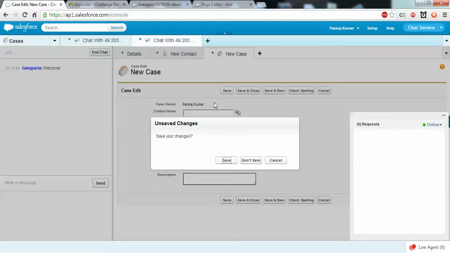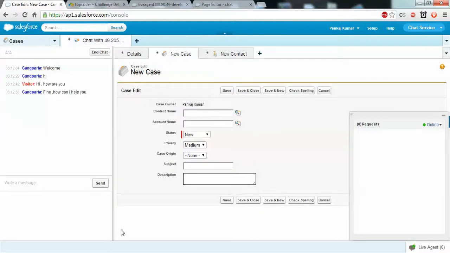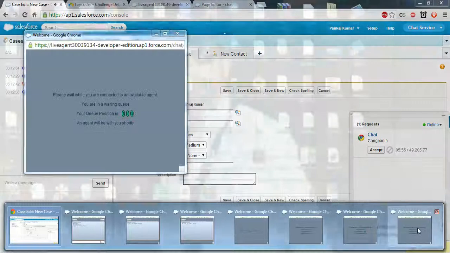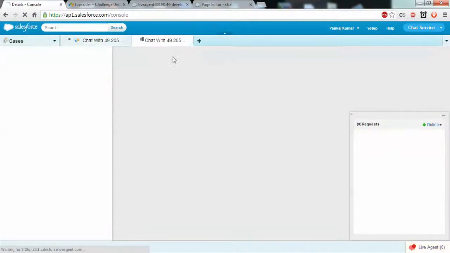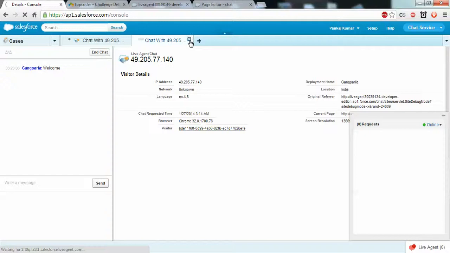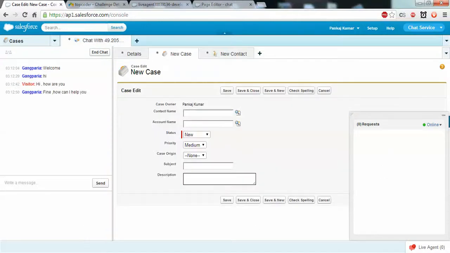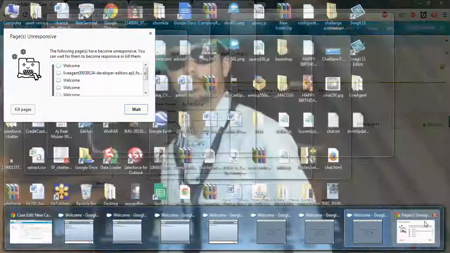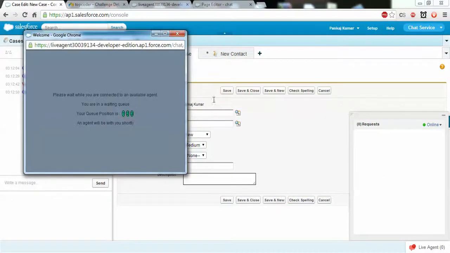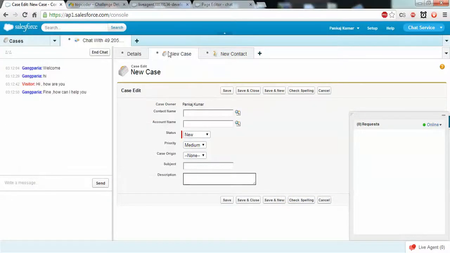Let me try to cancel. So now it will be 3. You can accept or decline.